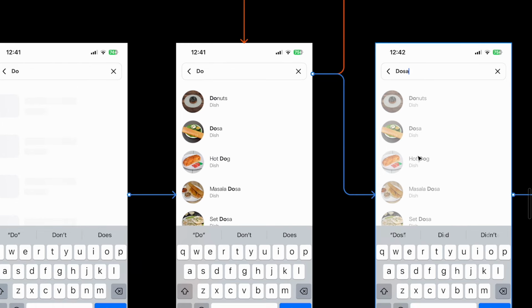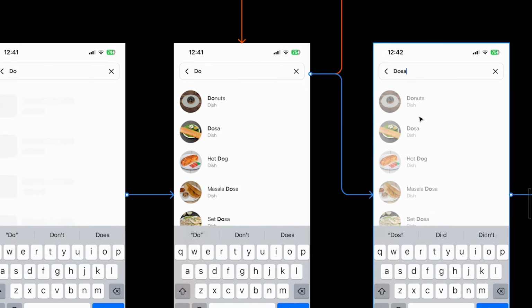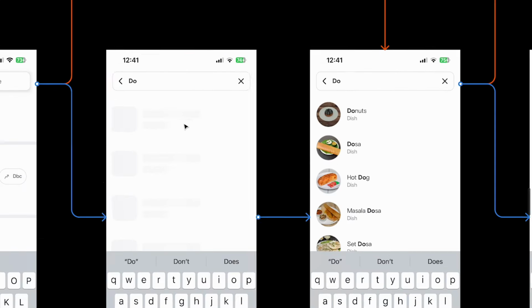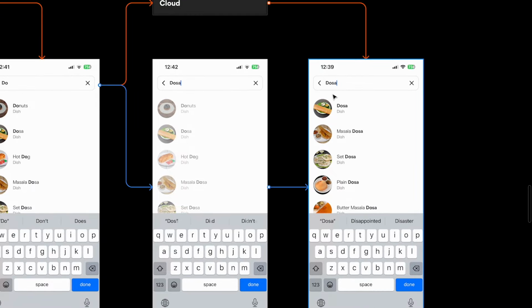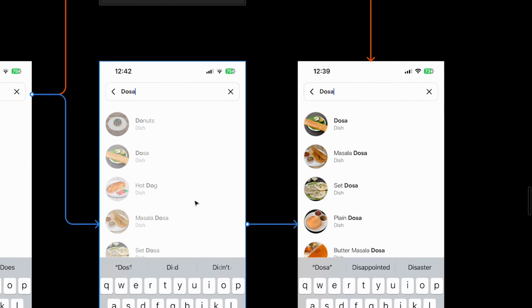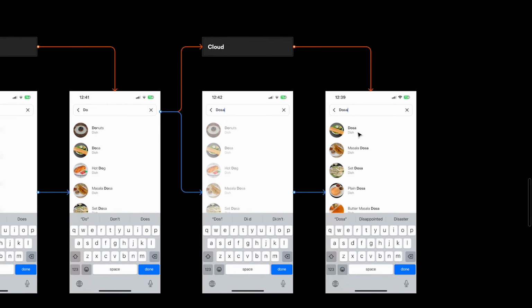But what they did was they didn't want to remove the entire list item itself, but they just wanted to reduce the opacity to maintain that state, right? Now, they could have very easily gone ahead and taken the skeleton and added it here as well. That could have worked, right? But at least from a design standpoint, from a user experience standpoint, this would make a lot of sense by reducing the opacity, right? Because it doesn't feel like it's a destructive experience, right? And then you type in, and then the information comes from the cloud, and then the screen changes from this to this. Right? So this is actually true interaction design,